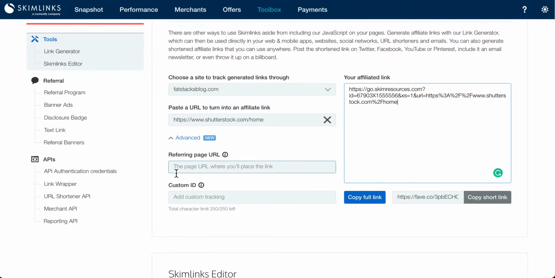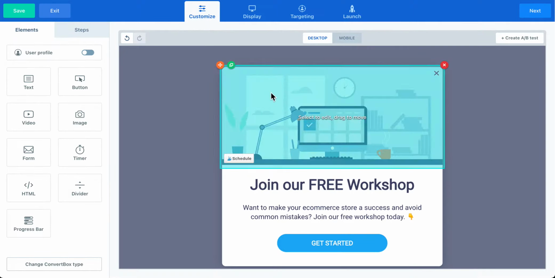affiliate link. But what you need to do is you need to add a custom ID or a tracking aspect. So I would put something like ConvertBox pop-up Shutterstock. So I would know exactly the source of this link, and I could split test it against the iStock photo promotion. So I would add that in there, and then I would copy the link, come over here, I go